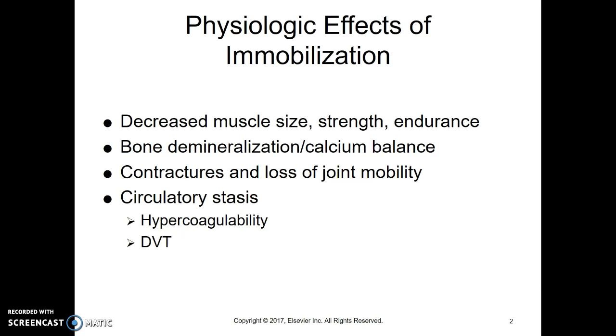Contractures. If you don't use tendons and ligaments, they shrink. And once we've let them shrink to the point that we have contractures, you usually can't do anything other than surgery to release those contractures. So we really want to be doing range of motion, keeping that joint mobility, preventing those tendons and those ligaments from contracting.